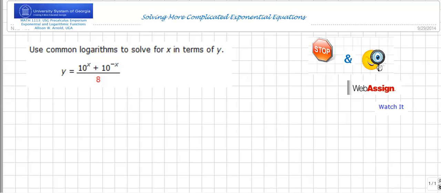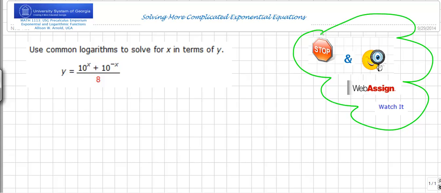Hi everyone, let's look at more exponential equations, and these have been graduated up in level of difficulty. I highly recommend that you follow through with my stop and watch it notation here and watch the videos built into WebAssign problems. I'm trying to balance coverage with the problems that are covered in our videos in WebAssign versus the content videos. Okay, now what you see before you is a problem that says use common logarithms to